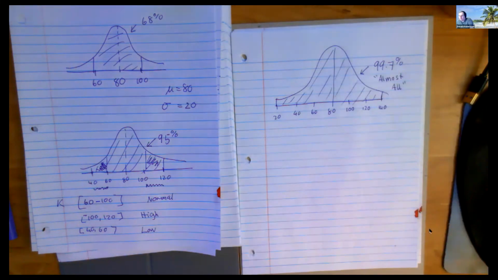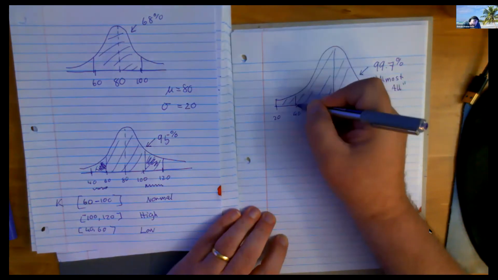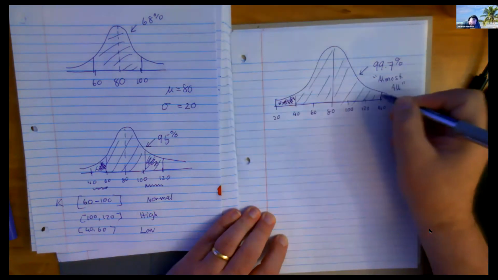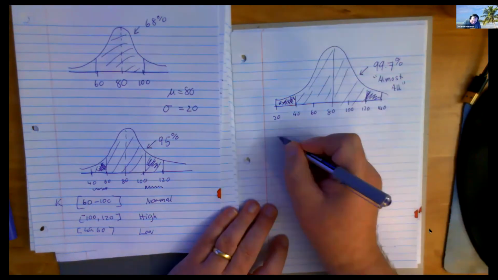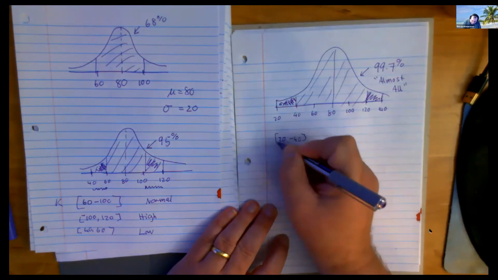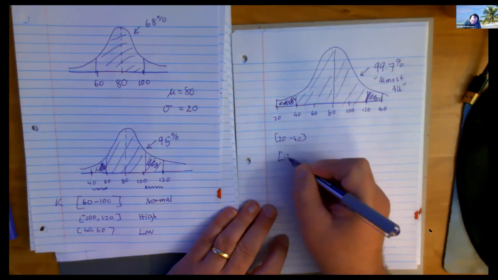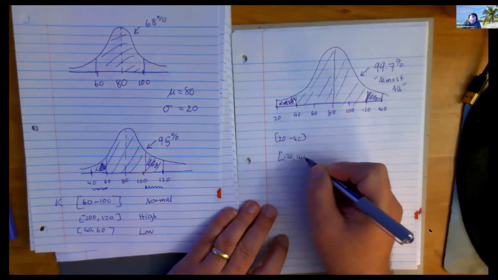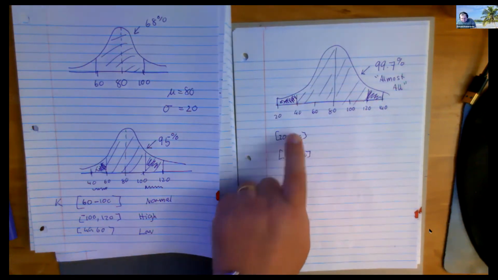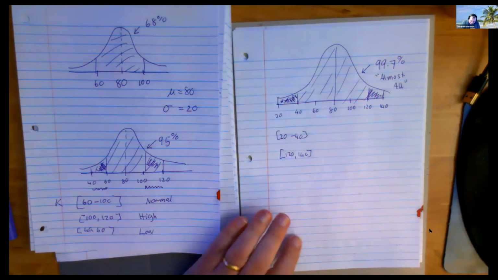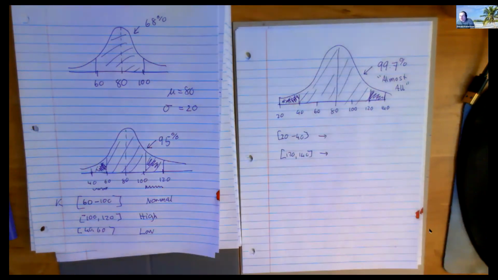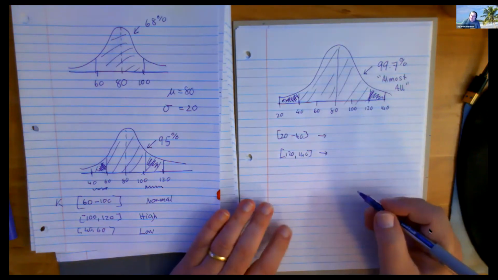I think this textbook also calls that almost all. That's not a number, it's a phrase. So almost all the data, right? But technically speaking, 99.7. So let's look at these poor people. If you look at that chunk there, that is a range 20 to 40. And the other range is what? 120 to 140. In fact, I guess you could just say anything from 0 to 40 and anything bigger than 120. They would not be considered high. They're like a level above high.